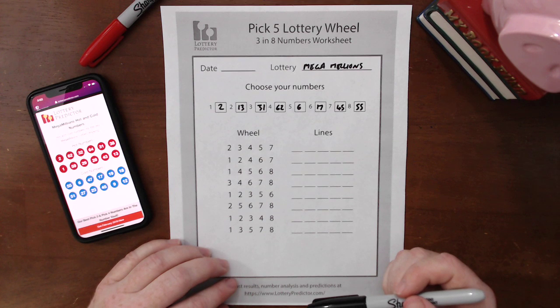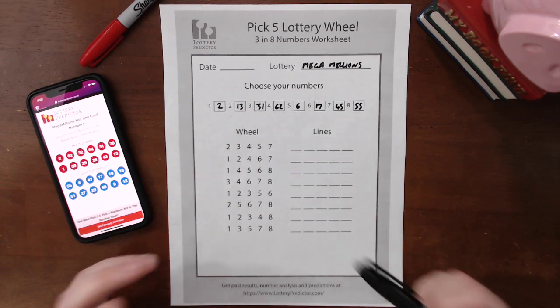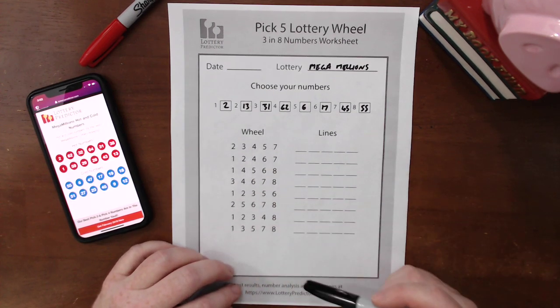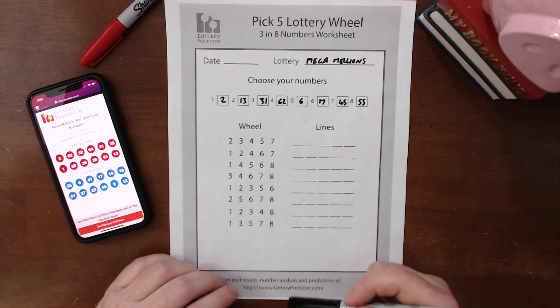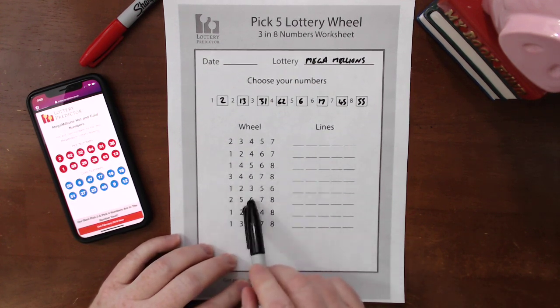And I believe the prize right now in the Mega Millions for drawing 3 numbers is $10. So at a minimum you're going to win $10, and if more than 3 fall, then you're going to win more money than that, all the way up to the jackpot potentially. So what we do is we go ahead and we start running down our wheel line here, line by line,